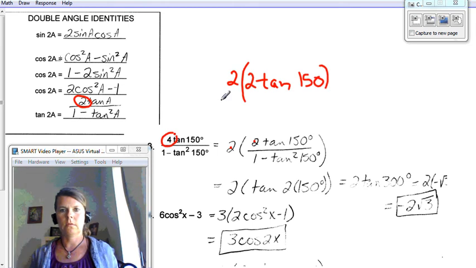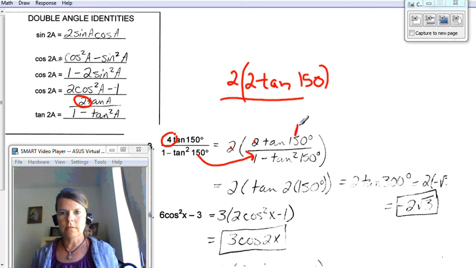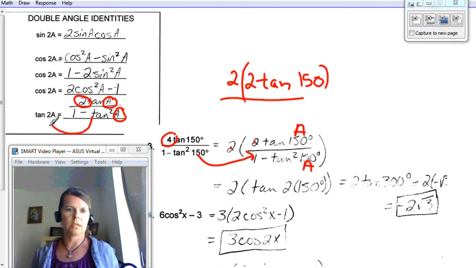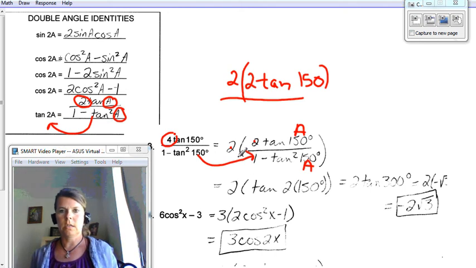Over, and then they just brought this part over. Okay? So now this is our A, 150 is our A. Here's our A that's here and here. And so we're going to change this whole big mess right here over to this tangent of 2 times A. So you got to bring this 2 down, however, and then we're going to change this to the tangent of 2 times our A is 150, so we get 2 tangent of 300